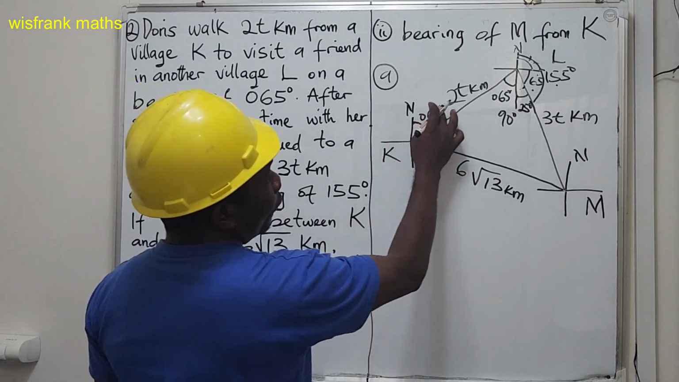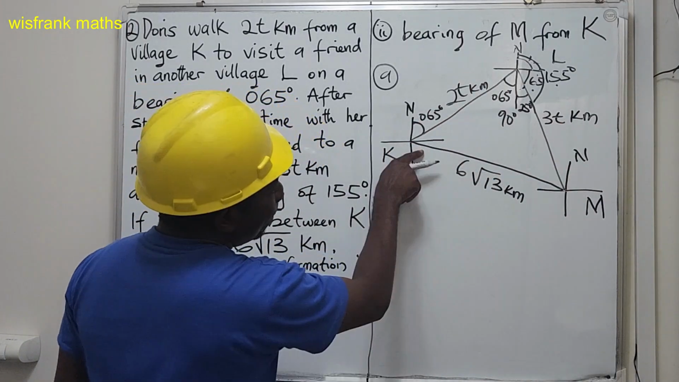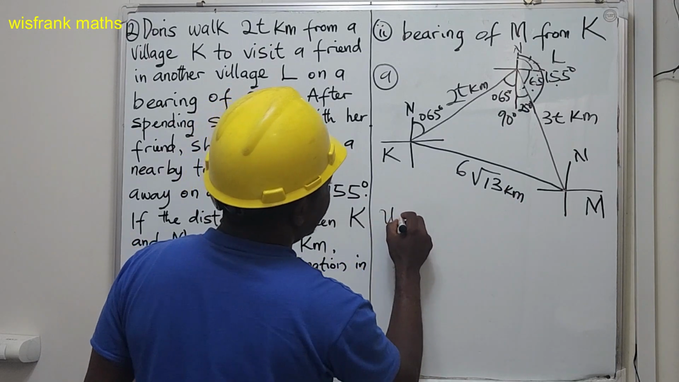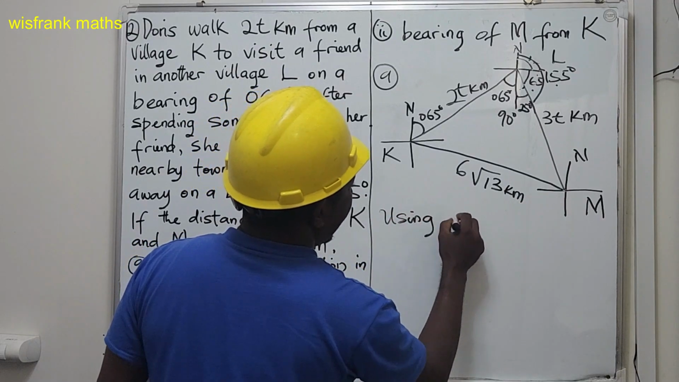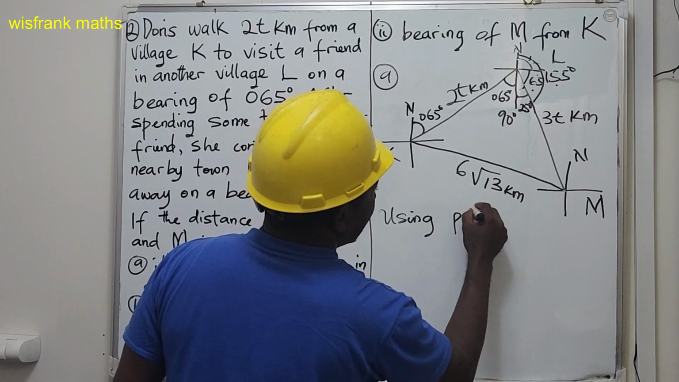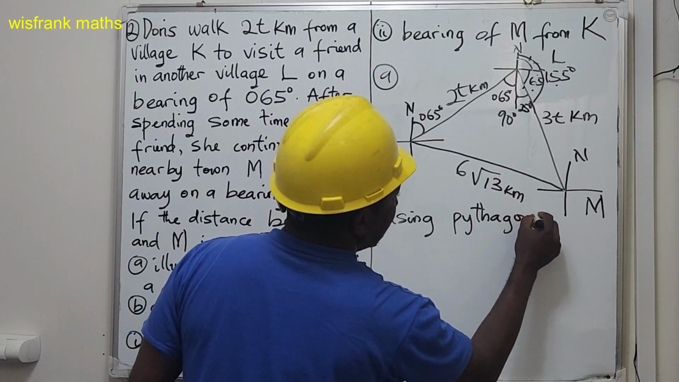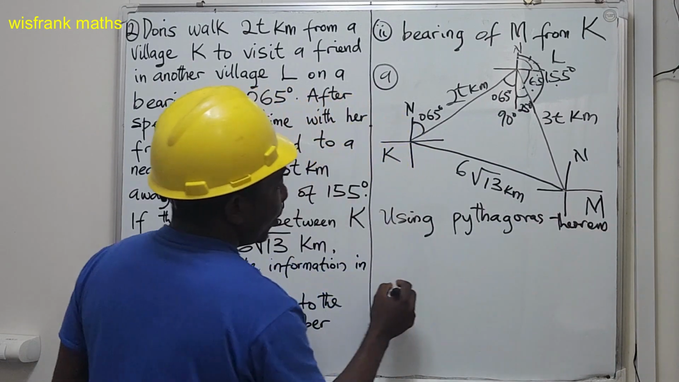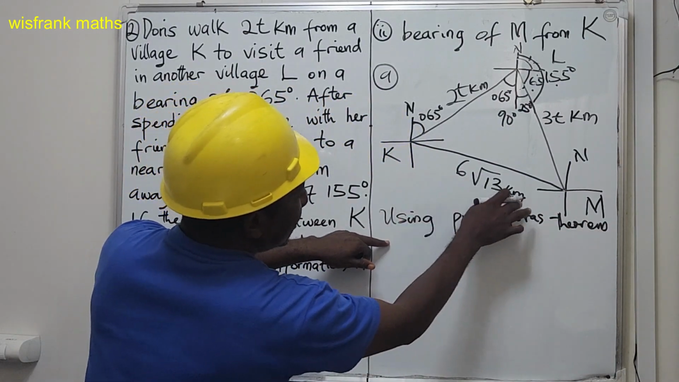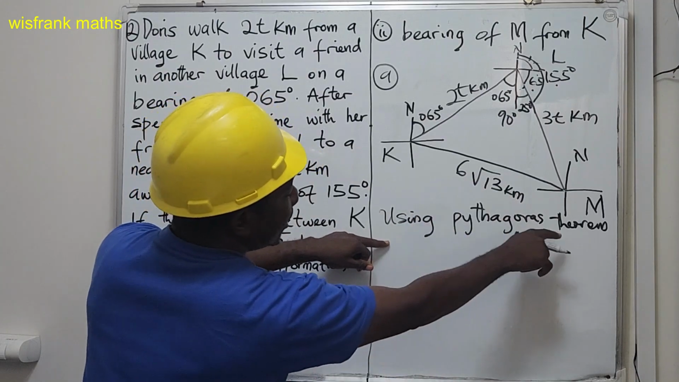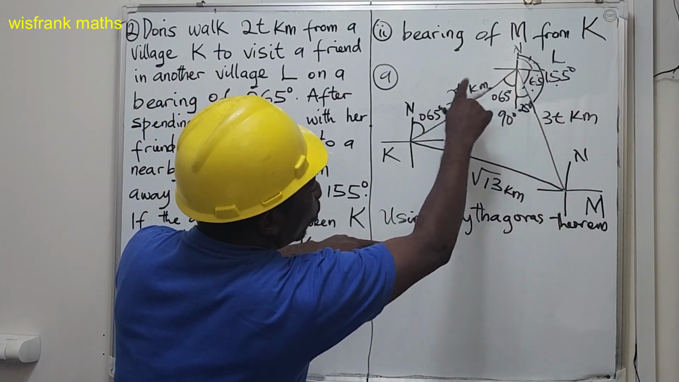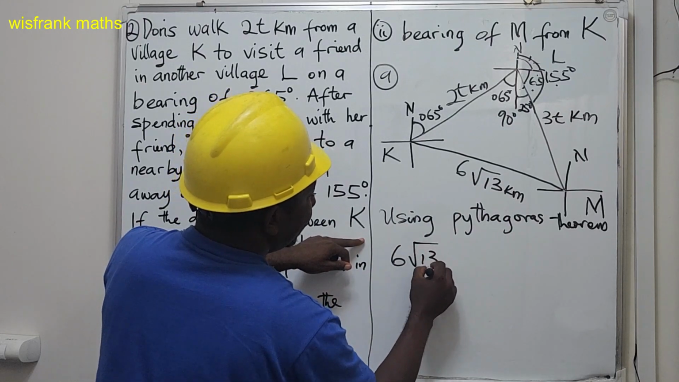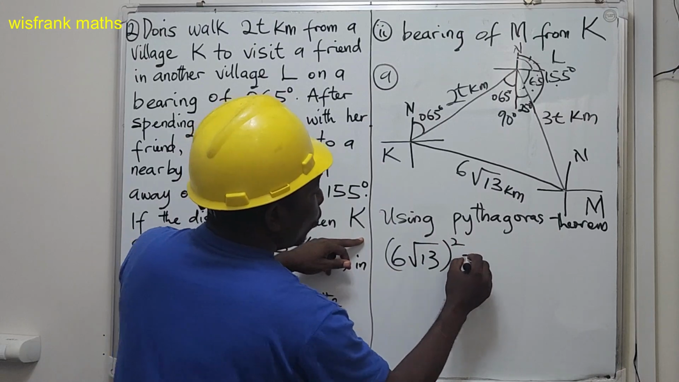For us to find the value of t, this is the longest side, opposite the right angle. To find the value of t, we use the Pythagoras theorem. The square of the longest side equals the sum of the squares of the other two sides. So we have 6 root 13 all squared equals